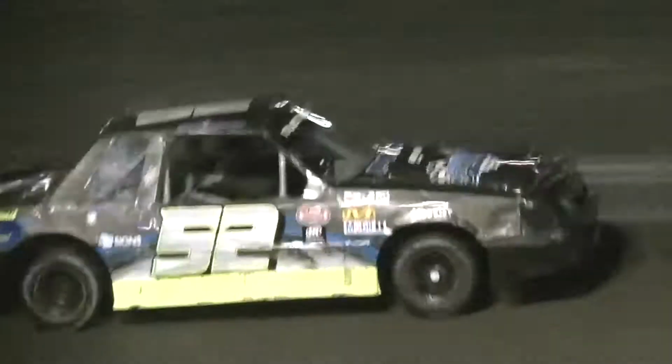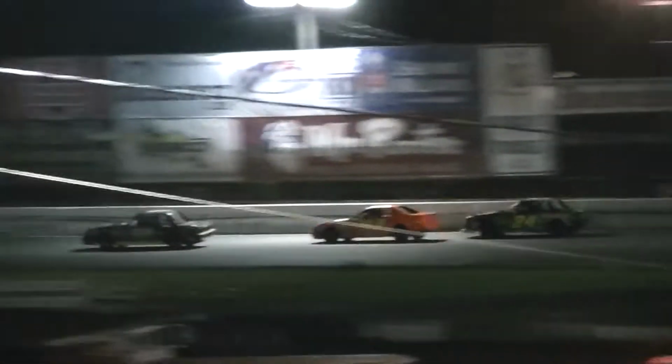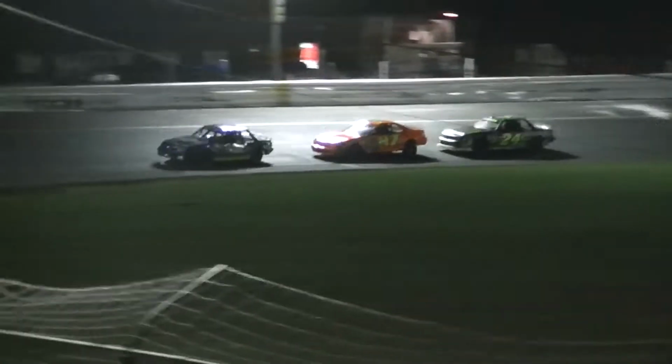Larry Loomis, Brad Caddick going at the 47, the 24. This is for a point position, folks. And moving into second is Caron. And you know, Sean Caron is probably one of the hardest fighters in the division. He will not give up. So he is in second, and Larry Loomis trying to navigate his way to the outside of that number 52